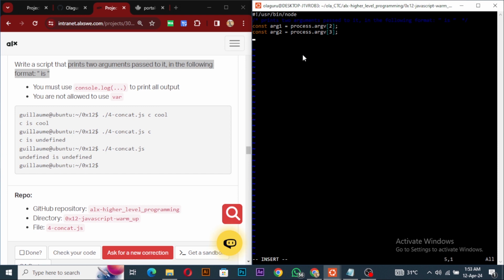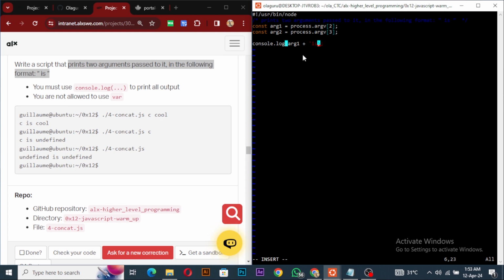So we've saved it directly in that place. Let me remove this, and then I can just say console.log, right? And then I want to print arg1, and then concatenate it with "is",